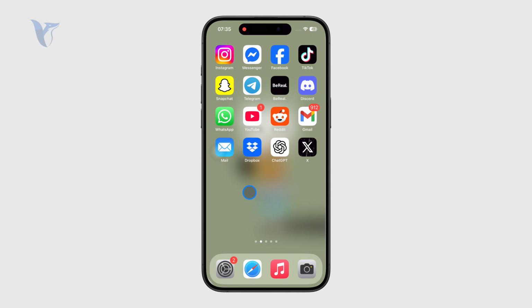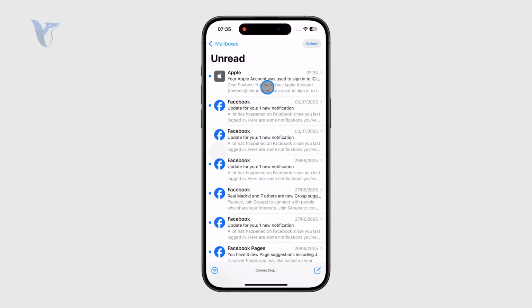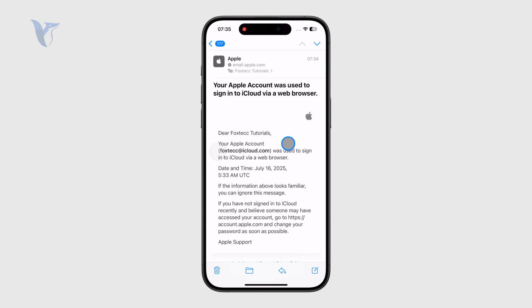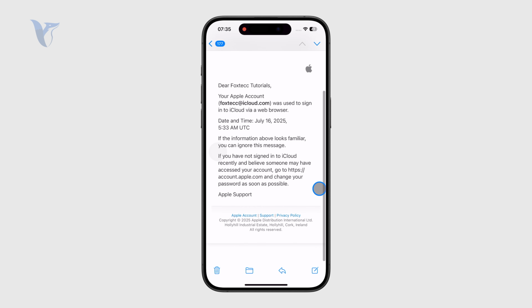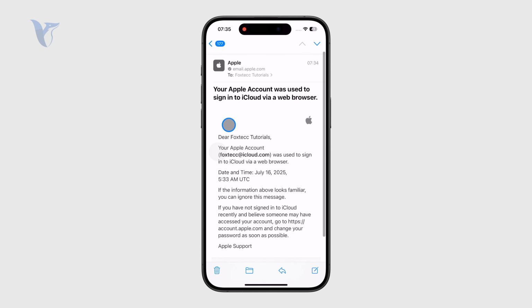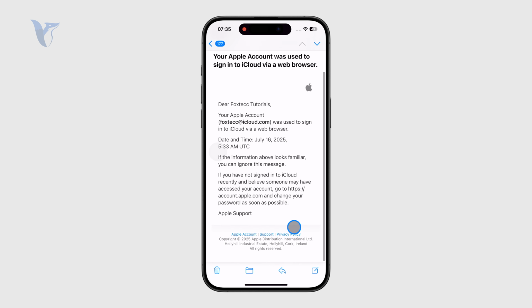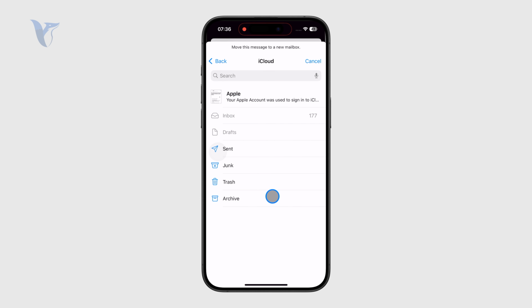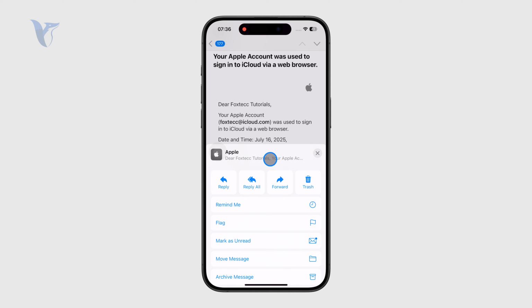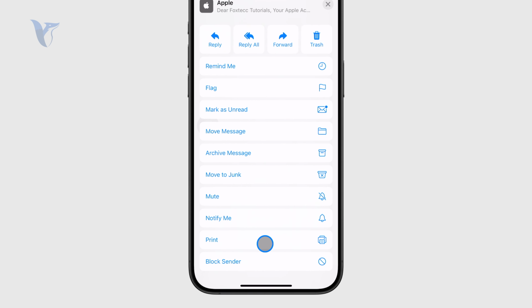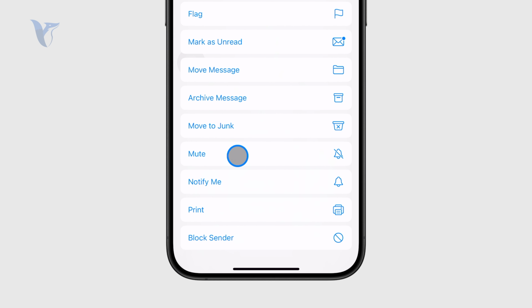So it might happen to you that you receive an important email or whatever it might be, and you somehow want to save it, right? Using the built-in Mail app, we don't really have that many options, if I'm being honest. You can see that there isn't any ability to put it in some of your folders, right? Or you can just reply to it or forward it. You can do some of these things, but the option that we want to look for is essentially the print